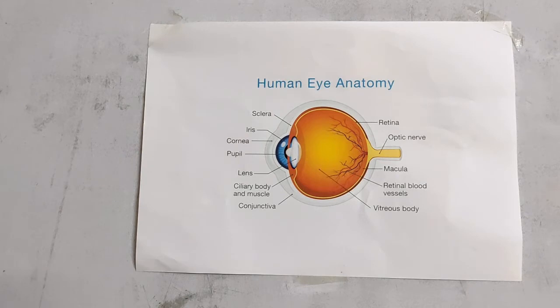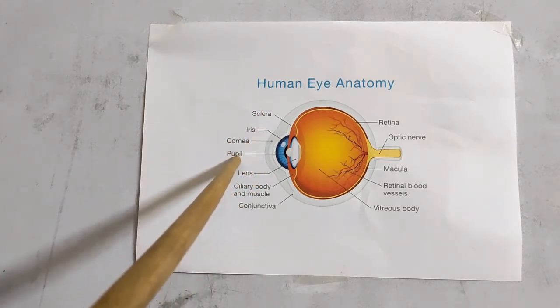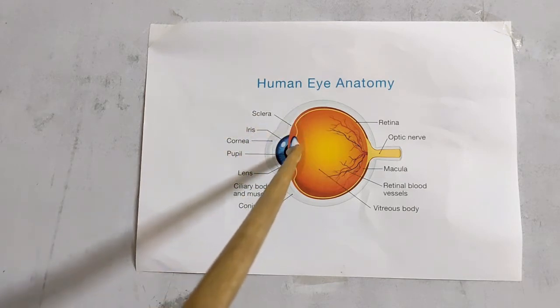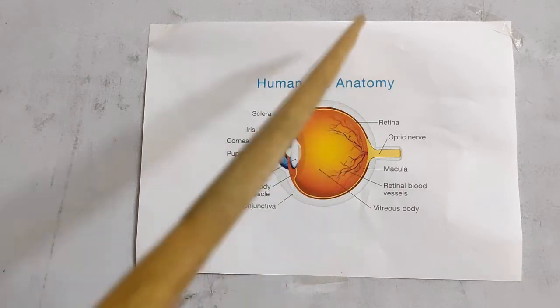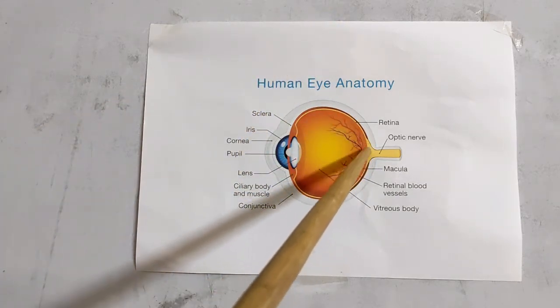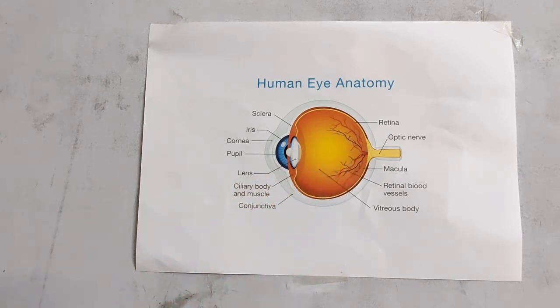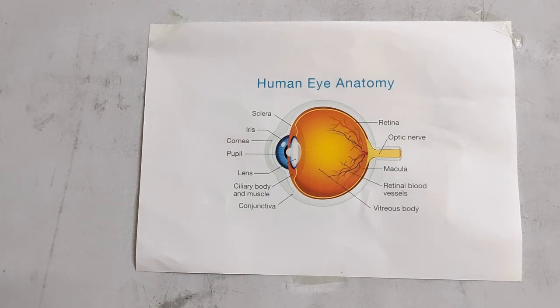The amount of light entering the eye is controlled by the iris with the help of the pupil, and falls on the lens, which further focuses the light to fall on the retina, and hence a real inverted image is obtained here. Now real and inverted means the image is inverted, right? But do we see an inverted image?